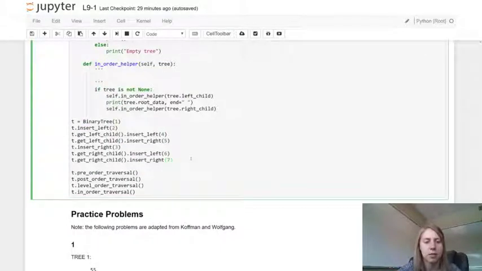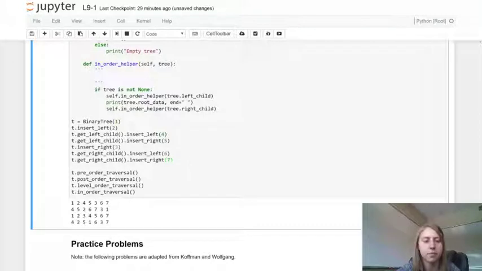And let's take a look at some code to exercise our recursive tree implementation. So binary tree, root node 1, insert left, and then we're going to insert the root node's left child to be 4, the root node's left child to be 5. So essentially we're building the same structure we built in our previous implementation, but our interface is slightly different now. Our root node's right child is going to be 3, and our root node's right child's left child will be 6, and our root node's right child is going to be